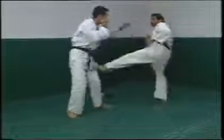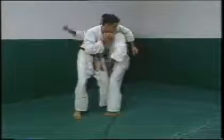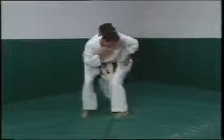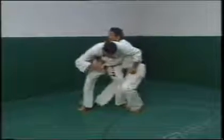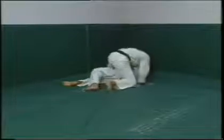So it's 1, 2. Hold my wrist. So now I'm going to stay close to him here. From here, he's got his center of gravity very low. I'm going to block his leg, sit back, and go with the flow at this point. Let's make sure that we